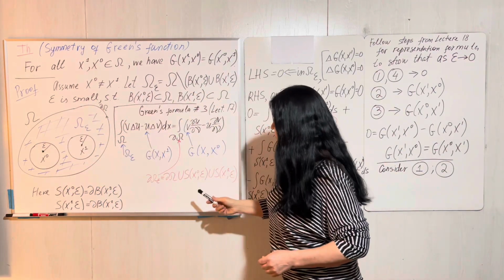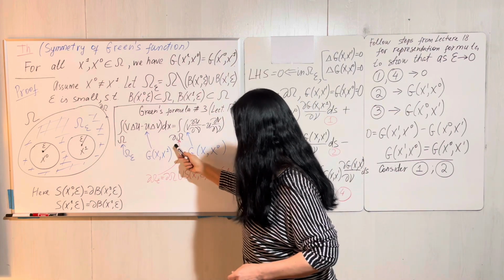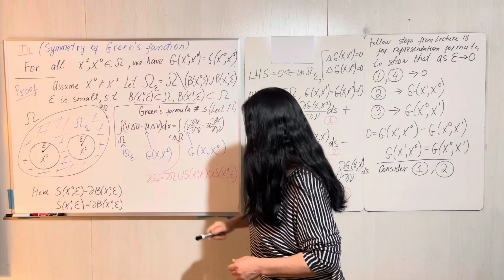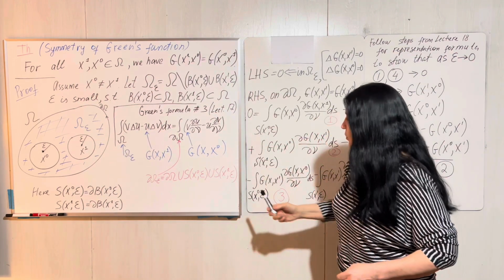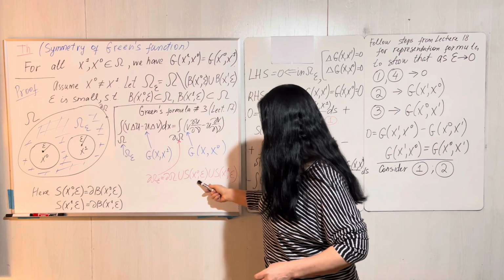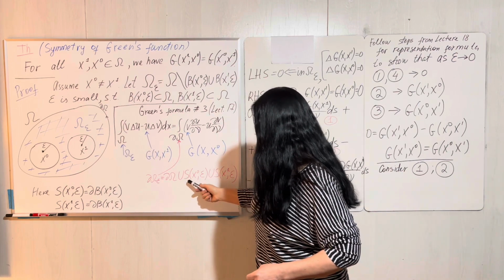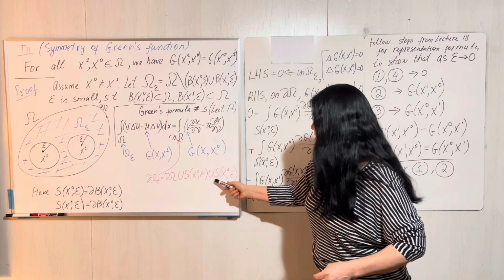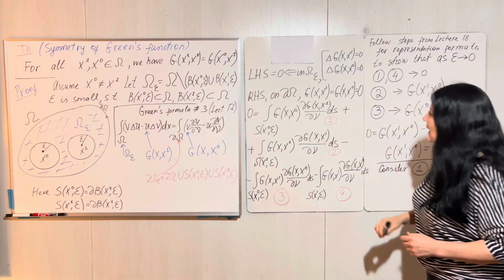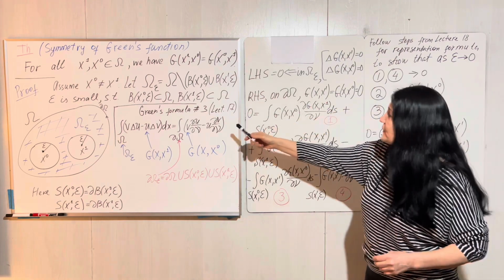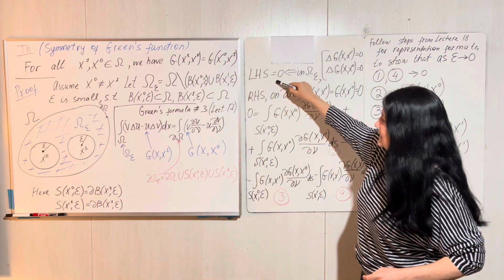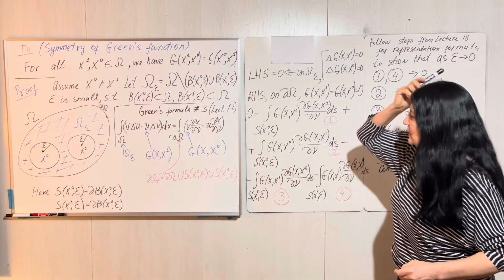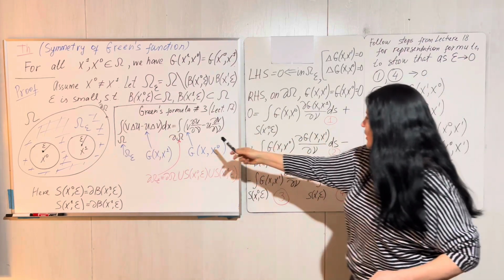So this term would be 0. And then we will just have integrals over the sphere centered at x0 and the sphere centered at x1. Here I wrote these terms. Again, for the left-hand side I put 0. And then I'm writing this term